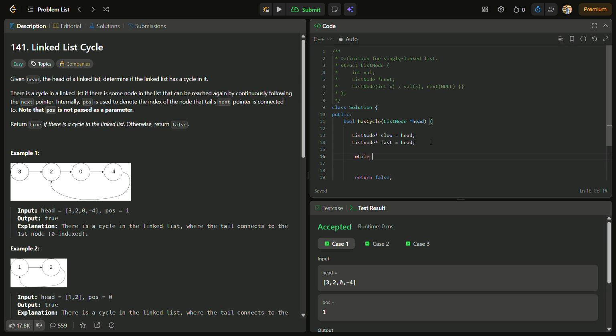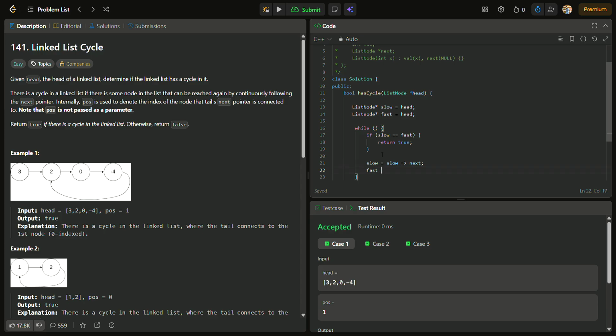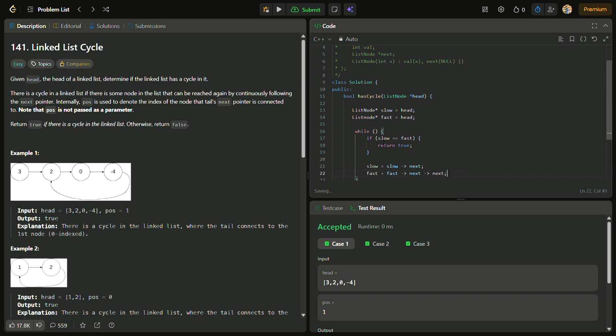While there is some condition, if slow is equal to fast, then that means there is a cycle, else slow will move one step and fast will move two steps at a time: next, comma, next.the